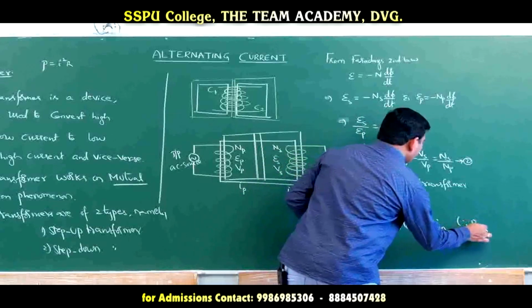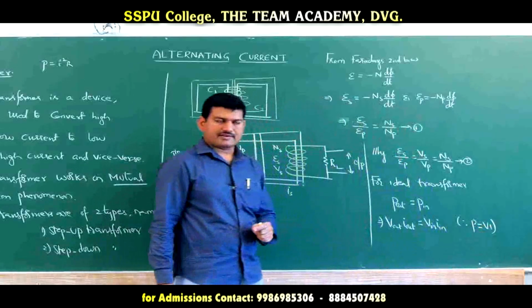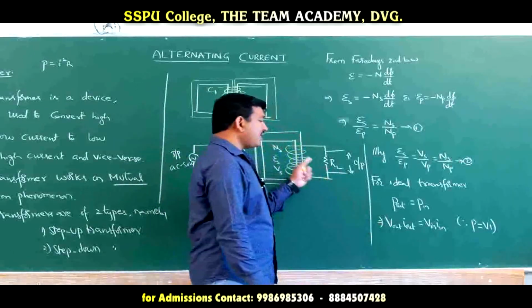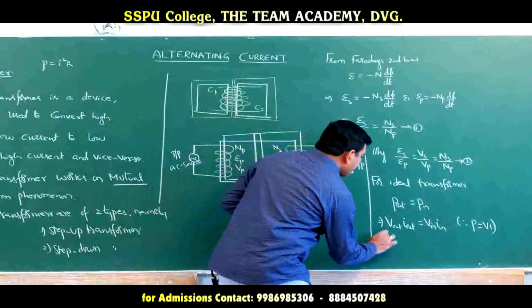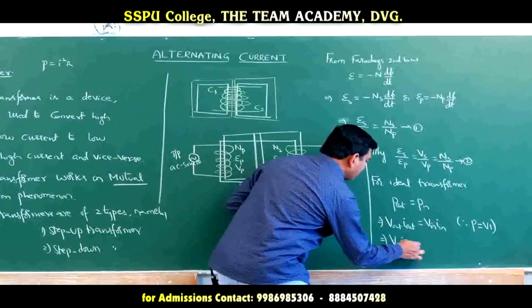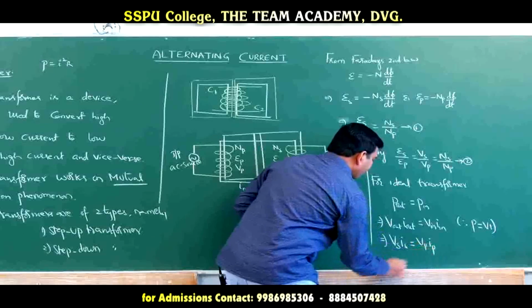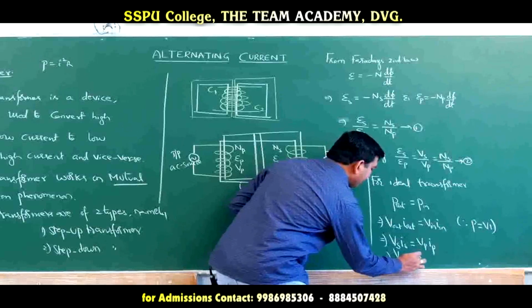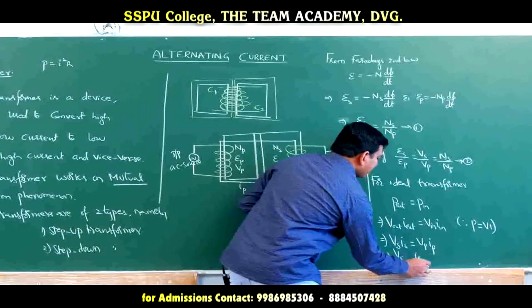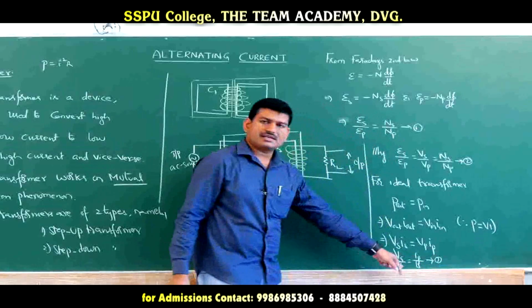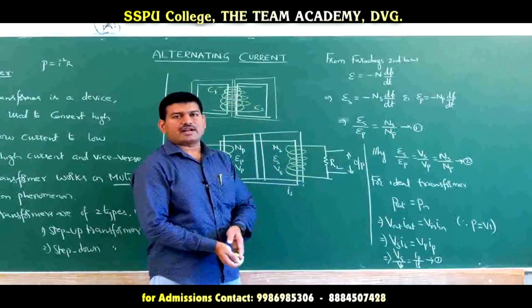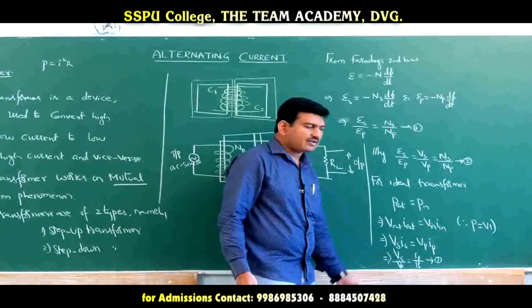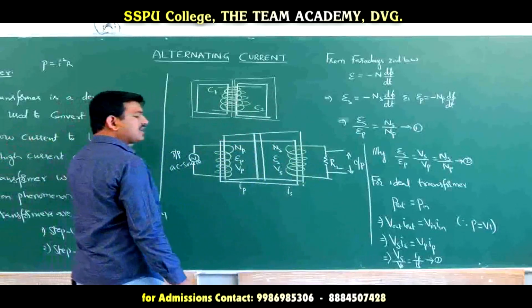Since power is equal to VI is a basic formula that we have from the current electricity point of view. And here output is nothing but secondary, input is nothing but primary. Therefore, I can write it as Vs into Is is equal to Vp into Ip. From this I can say that Vs by Vp is equal to Ip by Is. That means voltage and current are inversely related with each other for an ideal transformer. More the voltage, less the current; less the voltage, more the current. That's why I am saying high voltage, low current, low voltage, high current.